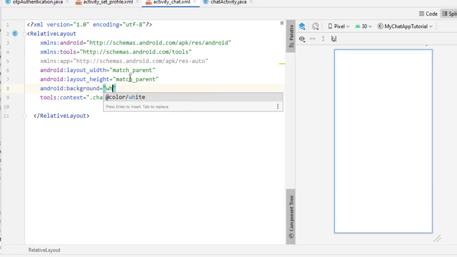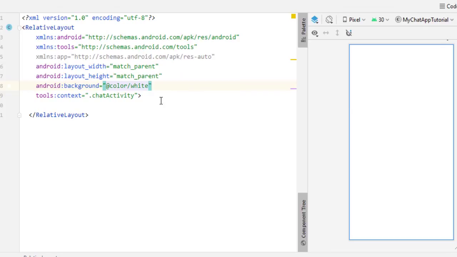Because this activity is going to be our main activity, try to understand all the concepts in this activity, how to design this kind of activity like WhatsApp, where on top you can show the toolbar and below you can show the fragments. So try to understand. First of all, as you already know, our app does not contain any action bar. So first of all we have to create a toolbar.